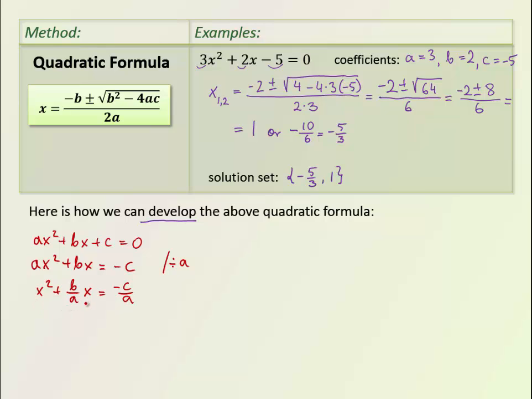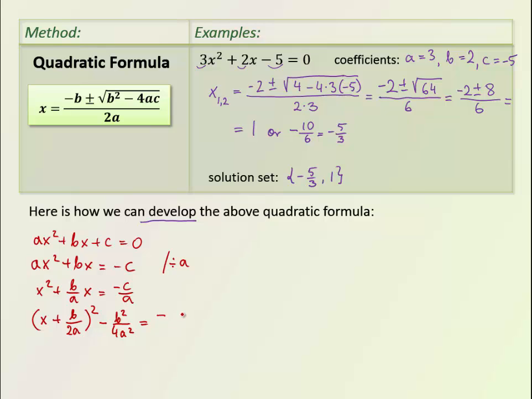The next step would be to complete the square of these two terms. So we write a bracket, we're going to square it. In the bracket your x, the same sign, and half of this middle coefficient, which is b over 2a. Now, since this is more than what we had originally, because that's a perfect square, we end up with 3 terms and we had only 2 terms, we need to subtract from it, diminish it by the last term squared, which is b squared over 4a squared equals, and in preparation for the same denominator, let's rewrite the negative c over